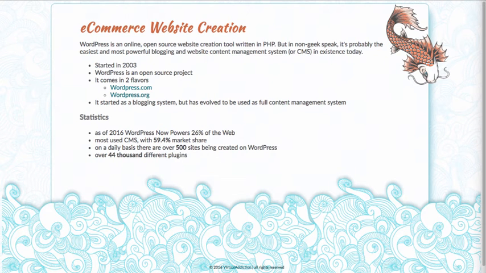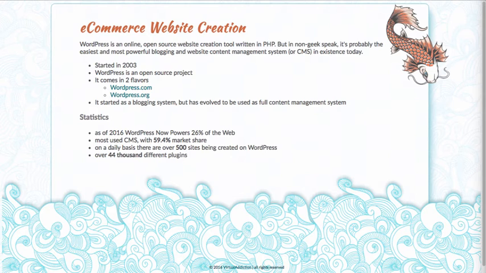I also wanted to just share a couple statistics with you so that you know a little bit about WordPress. WordPress currently, as of 2016 anyways, powers about 26% of websites that are on the web. And that number is growing all the time. It is by far the most used content management system. It has over 59% of the market share, and every single day there's over 500 new websites that are being